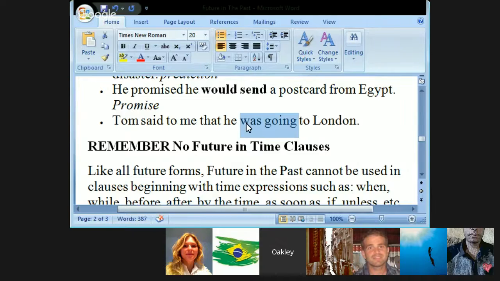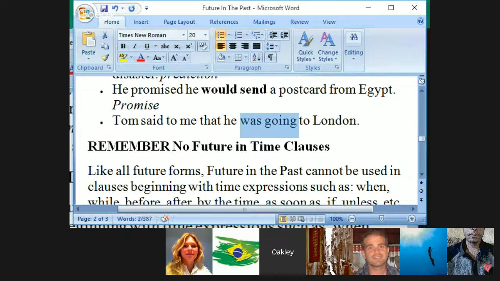This is past continuous. Okay, this is not an incorrect sentence. It's perfectly okay. There's nothing wrong with this construction, but this is past continuous. So in this case,